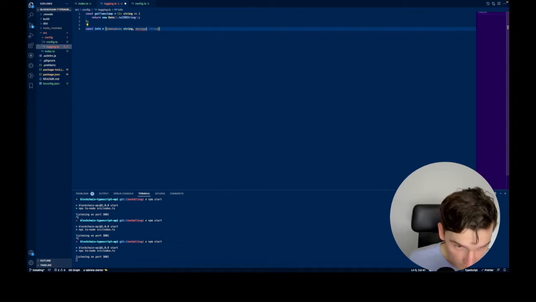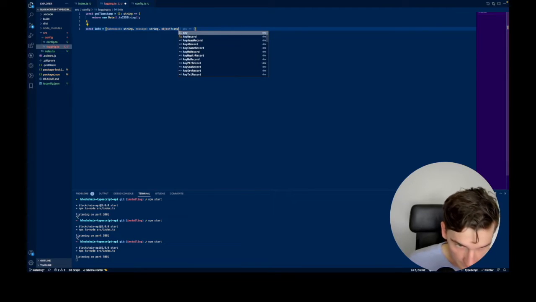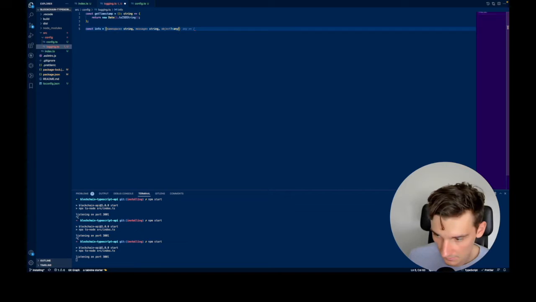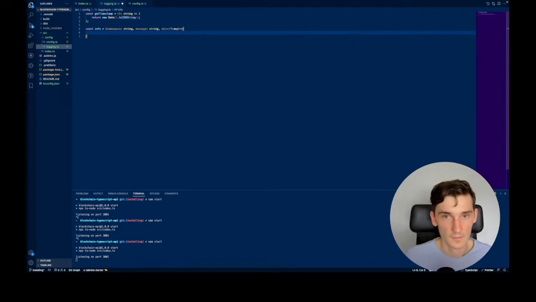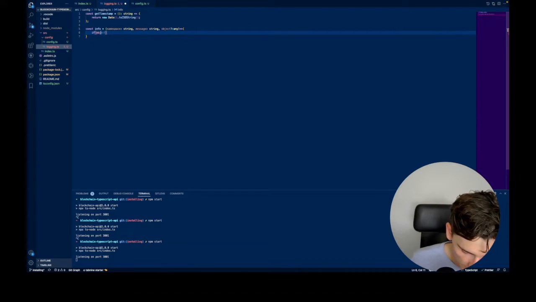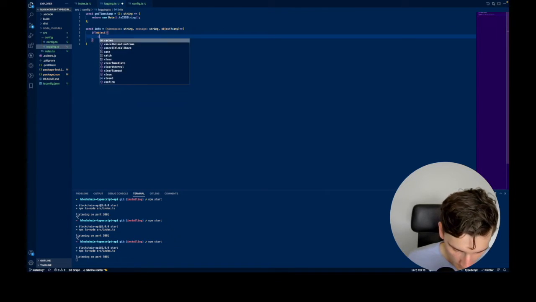Next, message also type string, and object not necessary, so with a question mark, and type any. Okay, I close the brackets and add some if validation. If there is an object, I add the log,